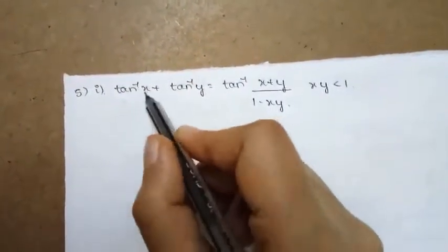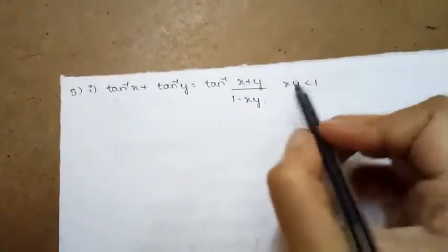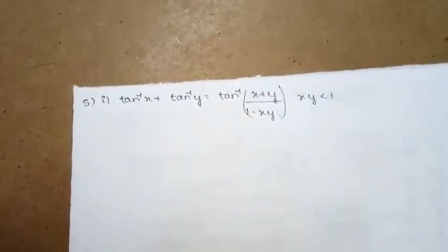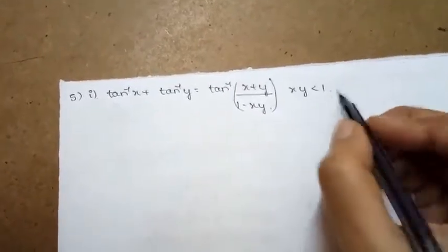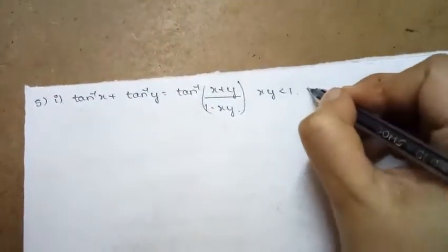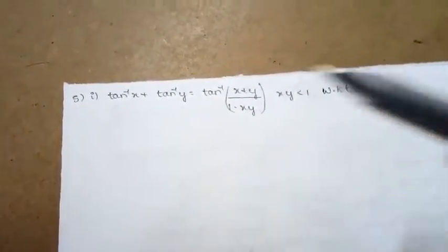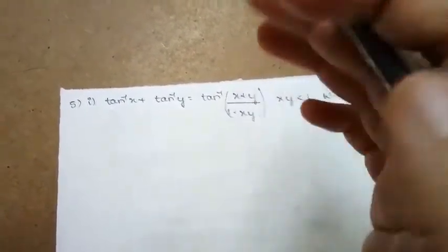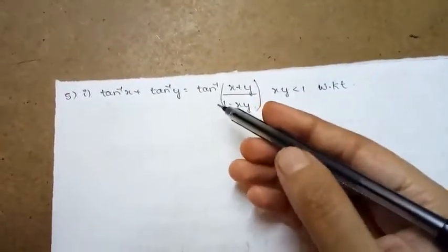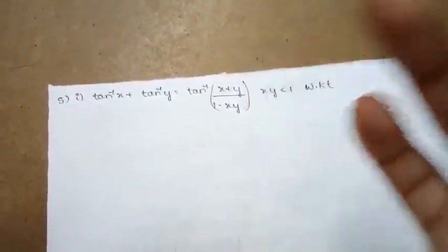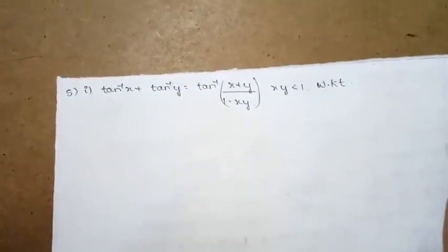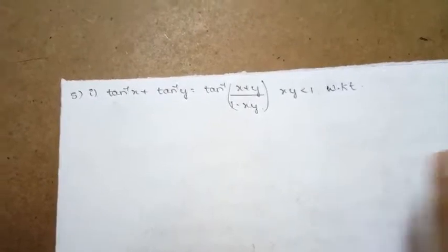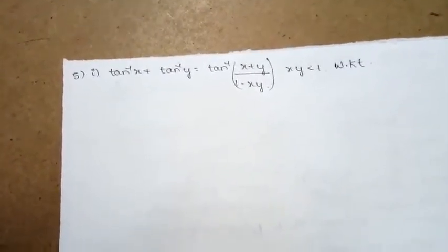The next property is tan inverse of x plus tan inverse of y is equal to tan inverse of x plus y divided by 1 minus xy, when xy is less than 1. Before I deal with one of the trigonometric identities, one thing I would like to say to you students: to deal with the problems based upon inverse trigonometric functions, you must be able to remember all those trigonometric identities which you have already learnt in class 11, because all those properties are going to be used here to solve the inverse trigonometric problems.